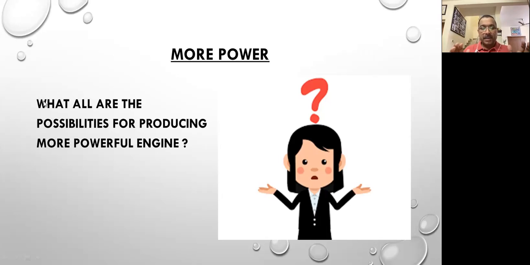So there are two methods for that. One is supercharging and the other one is called turbocharging. So the concept is this. We are pre-compressing the input air and we are giving that into the cylinder for the first stroke. So it will be further compressed and our 4 strokes will be done. So such an engine will produce more power. So this concept is called turbocharging. So let us forget about that thing.